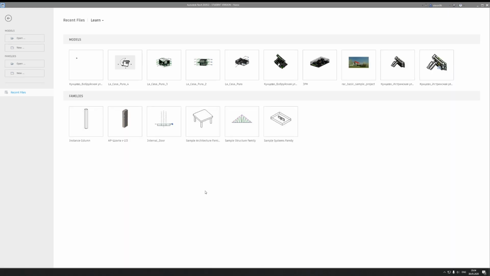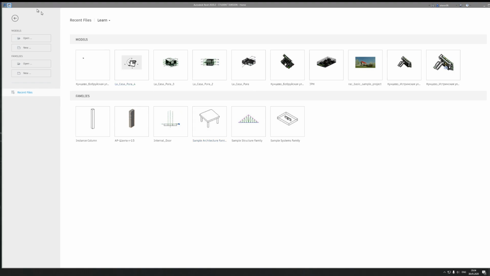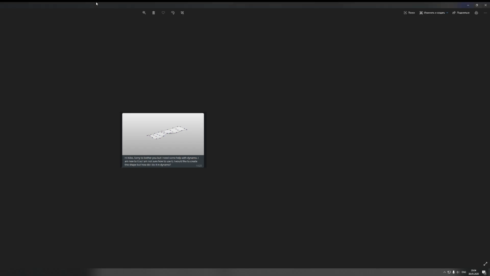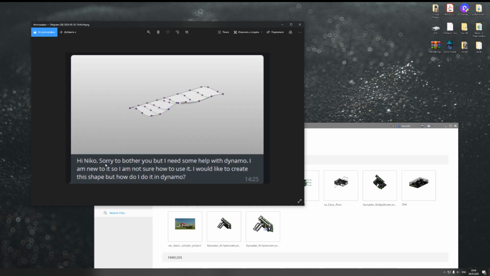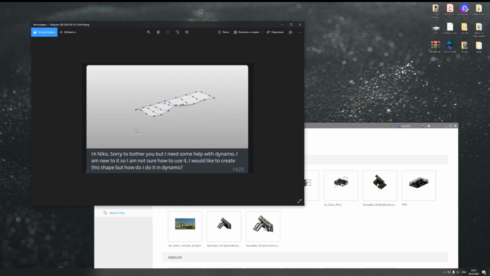So, your first question, what is the topic about? Today I was planning to continue my previous tutorials on live stream, but I got a nice message on my Telegram. As you can see here, one of my subscribers is asking how he can make this shape in Dynamo. I found it interesting, because this simple question I could answer in a few minutes, but most of you want to see Dynamo in a live stream, because I think I didn't do that, and every one of you